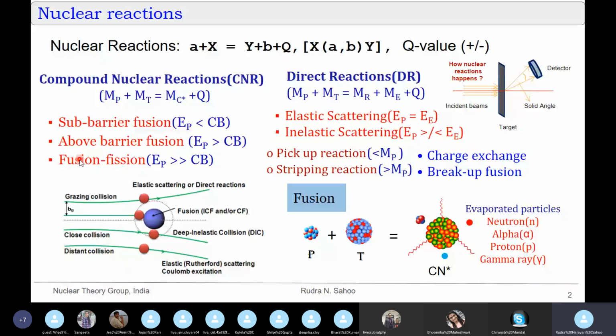And above-barrier fusion is when we give the projectile energy just above the barrier. And sub-barrier fusion is when we provide less energy to the projectile as compared to the barrier, and in that case also fusion happens. Why this happens is an interesting process. I will mainly focus on this sub-barrier fusion mechanism in this presentation, and this is a schematic representation of